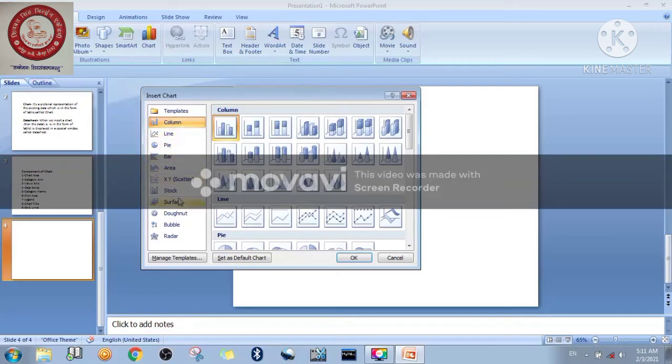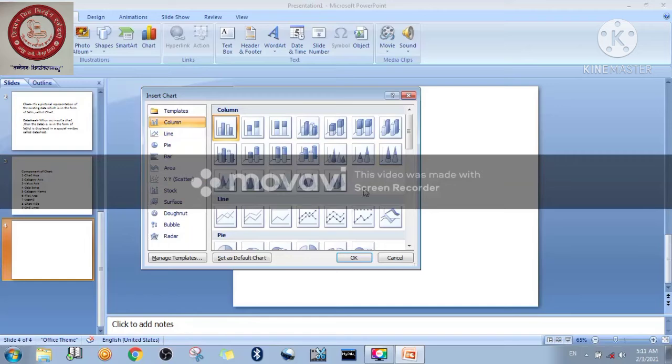The name of this window is Insert Chart window, and here various kinds of templates are there, which are the types of chart: column chart, line chart, pie chart, bar chart, area chart, scatter chart, you can say XY chart, stock chart, surface chart, donut chart, bubble chart, radar chart. So these are the kinds of chart.